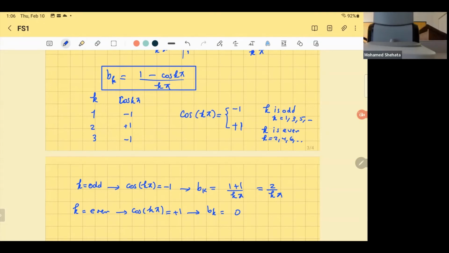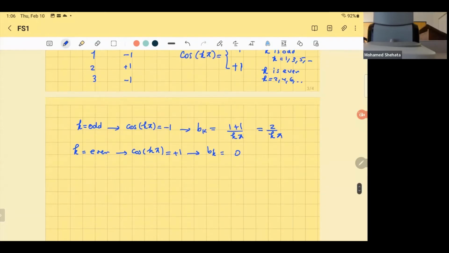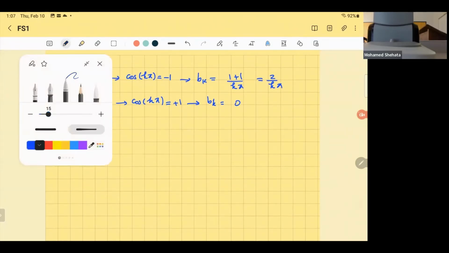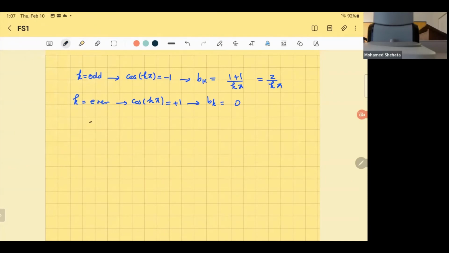Now you have a0, you have ak, you have bk. I want to substitute in this ugly expression we see in the beginning. Well, let me write it down. And so the function f of t, now I can express as a DC a naught plus